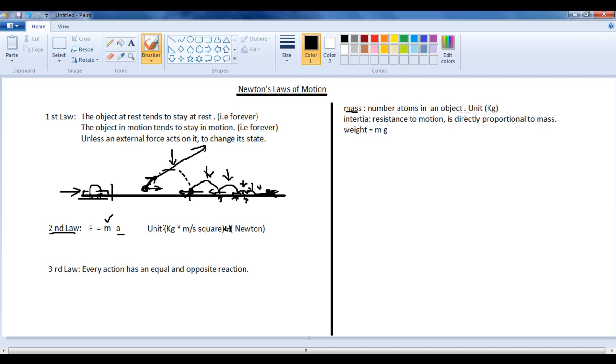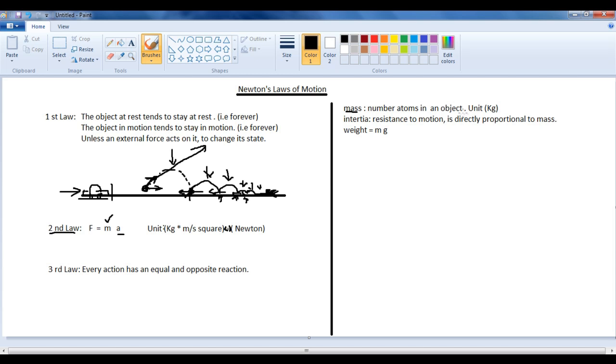You have a lot of objects around you, even you are an object, I can say. Let us take a ball. The ball is made of many atoms. You can say lakhs of atoms or crores of atoms present in one object. An object is made of many atoms, guys. The number of atoms indicates the mass of an object.